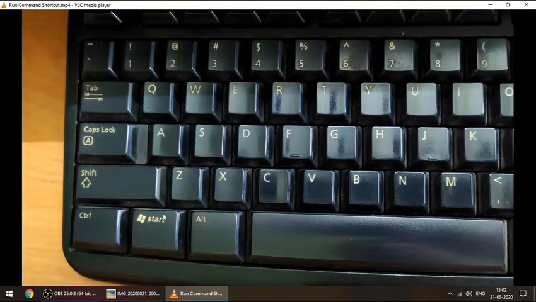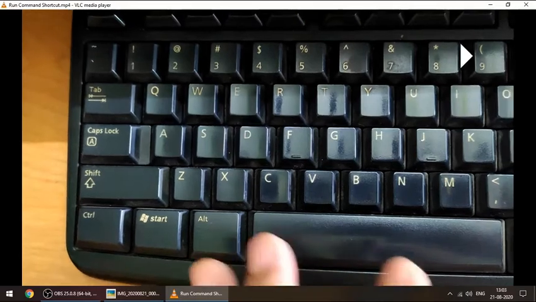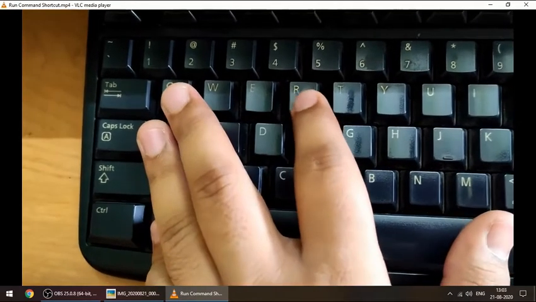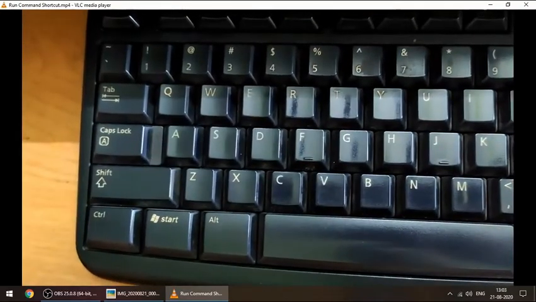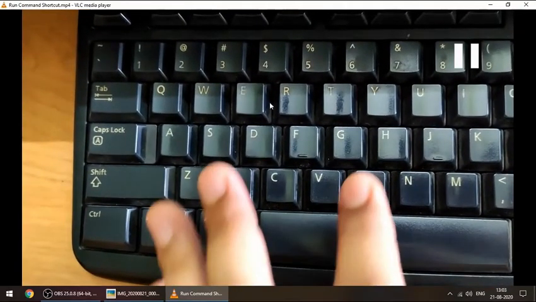As you can see, this button is known as the Windows button on a keyboard, okay? What I will be doing here is I will be showing you a shortcut how to open MS Word. First we will hold down this button and press R, okay? Just watch it once. In the same way,